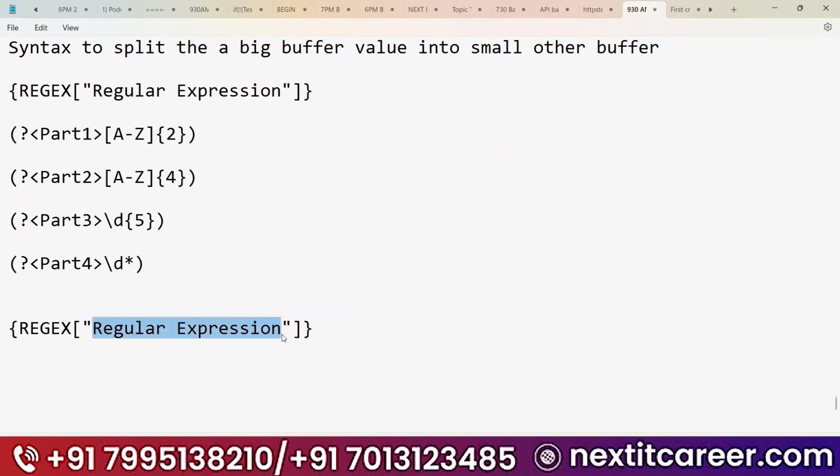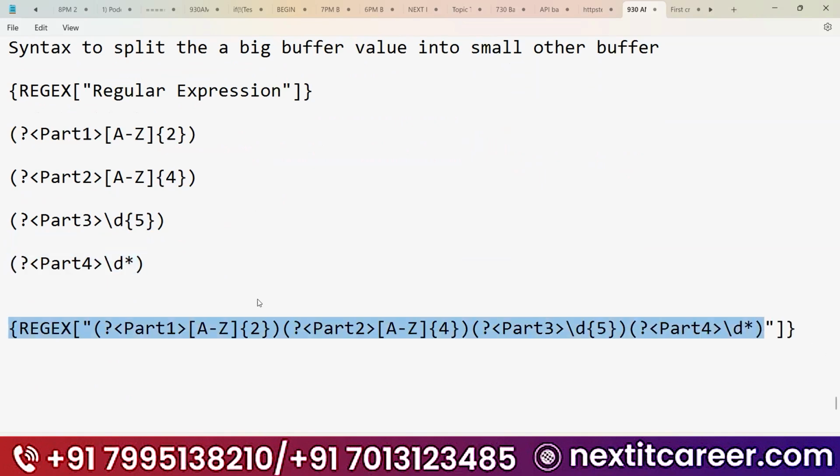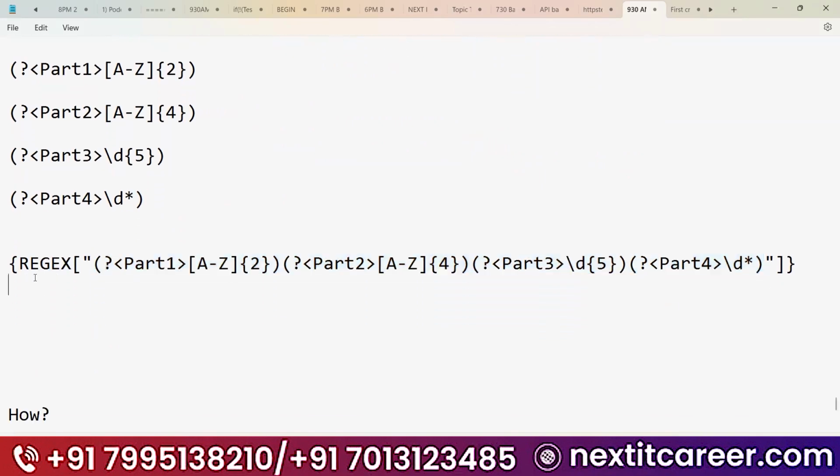Now in place of the regular expression, you need to copy it and paste it. Copy and paste. See, that's why I told you not to go in a flow. See here, we have these values. So if you are writing one by one, you will get confused. Now there is a note point, guys.